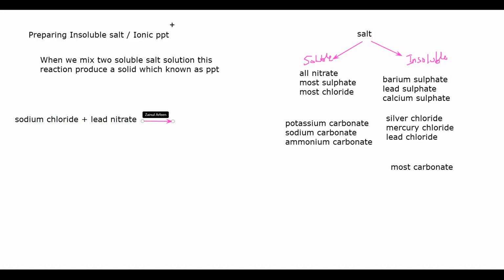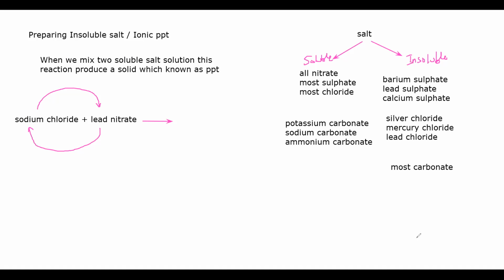This is called a double displacement also. What happened is the sodium will take the position of lead and lead will take the position of sodium. So what will be the product if I add sodium chloride with lead nitrate? It will form lead chloride